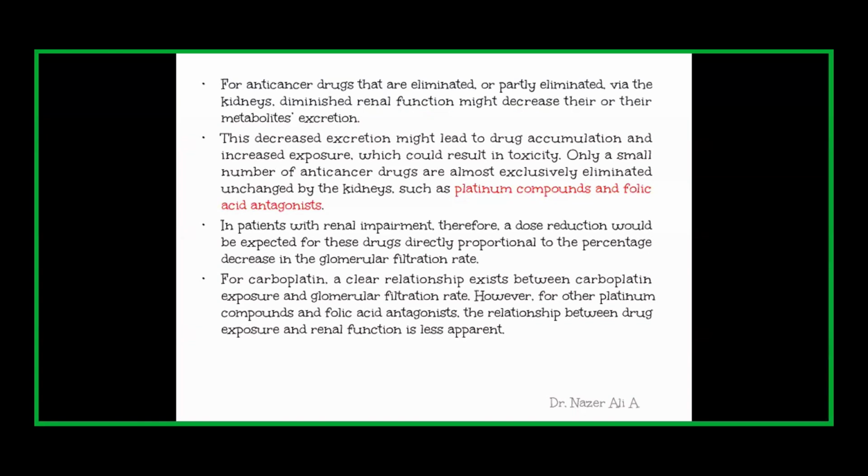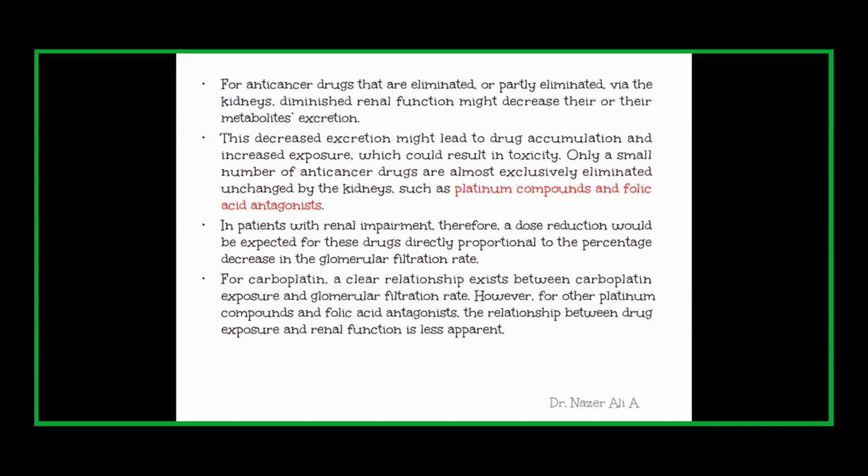Suppose in the previous cycle the SGOT, SGPT were found to be normal, but this cycle they are found to be abnormal. They have to correct the liver. They have to correct it by giving some liver protective supportive care. They have to correct the abnormality and then proceed with the chemo. So that is about hepatic impairment; now the renal impairment.